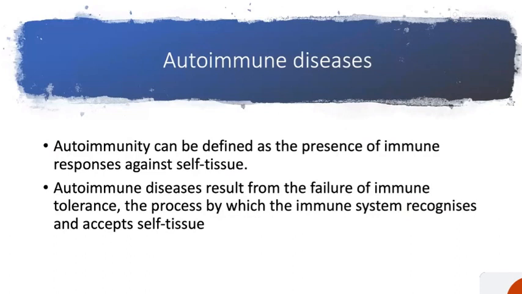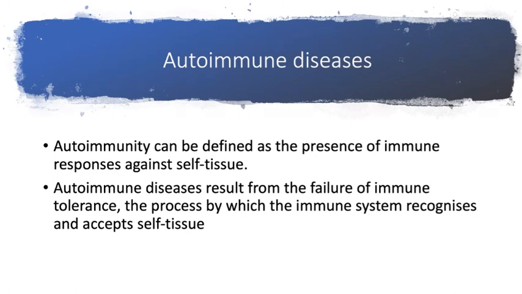Okay, we'll start with autoimmune diseases. What is autoimmunity? Autoimmunity can be defined as the presence of immune responses against the self-tissue. And autoimmune diseases result from failure of immune tolerance, which is the process by which the immune system recognizes and accepts self-tissue. During fetal development, the body will know itself, will know its antigens,